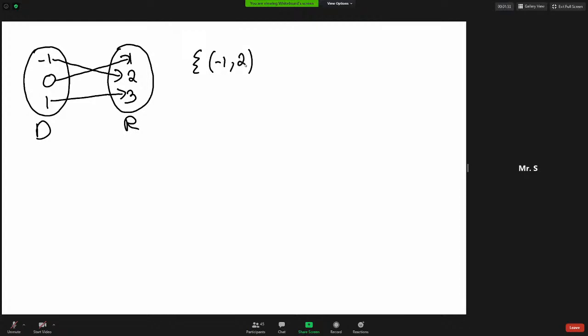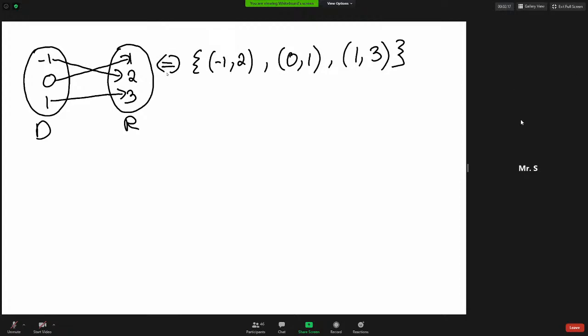So that's one ordered pair. I can have 0 corresponds to 1. So that's my other ordered pair. And here I have 1 corresponds to 3. So this would be equivalent,